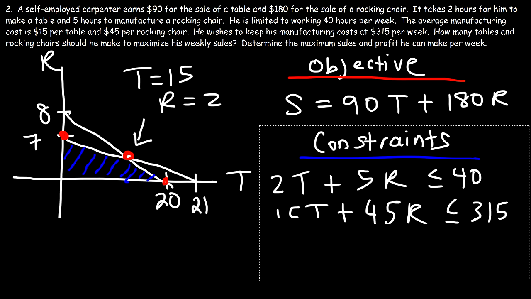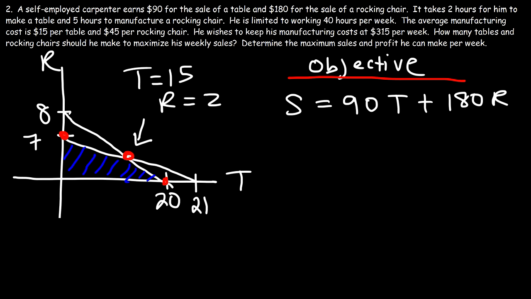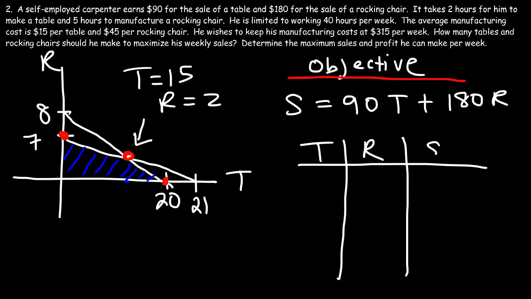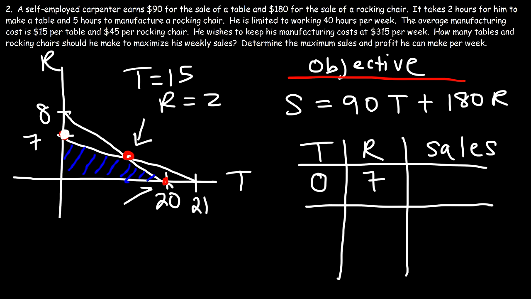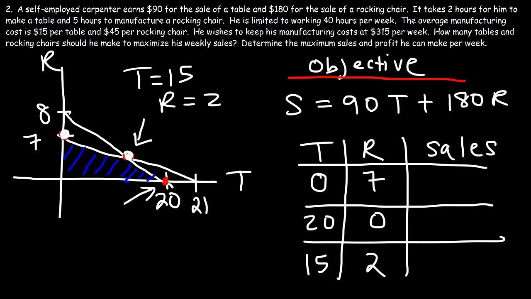So now let's get rid of this. And let's make another table between the number of tables being produced, the number of rocking chairs, and the sales that are generated as a result. So the first point of interest is this point. At that point, t is 0, but r is 7. And then the second point of interest is when t is 20, but r is 0. And then at the point of intersection, we can see that t is 15 and r is 2. So now that we have that,